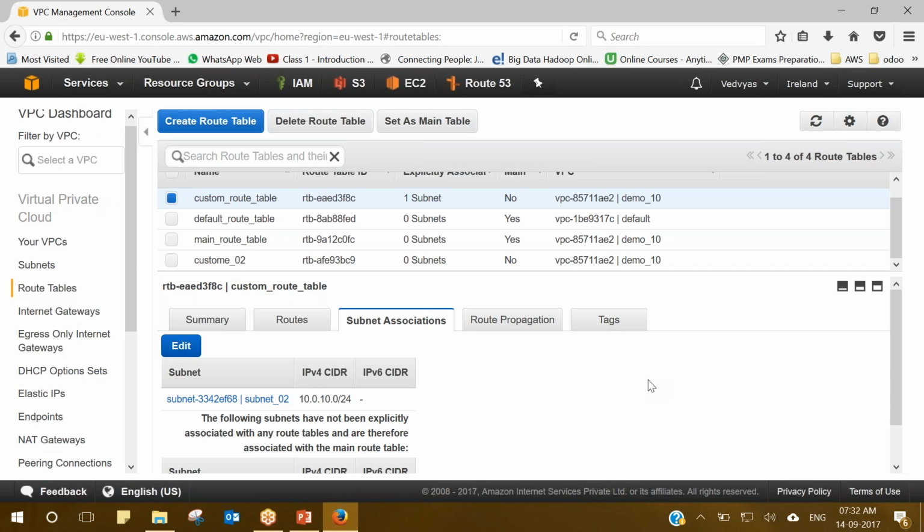Whenever we want to add any route, we create a custom route table. We do not touch the main route table. I understand that. My question is, in all situations, must we always leave the custom route open,